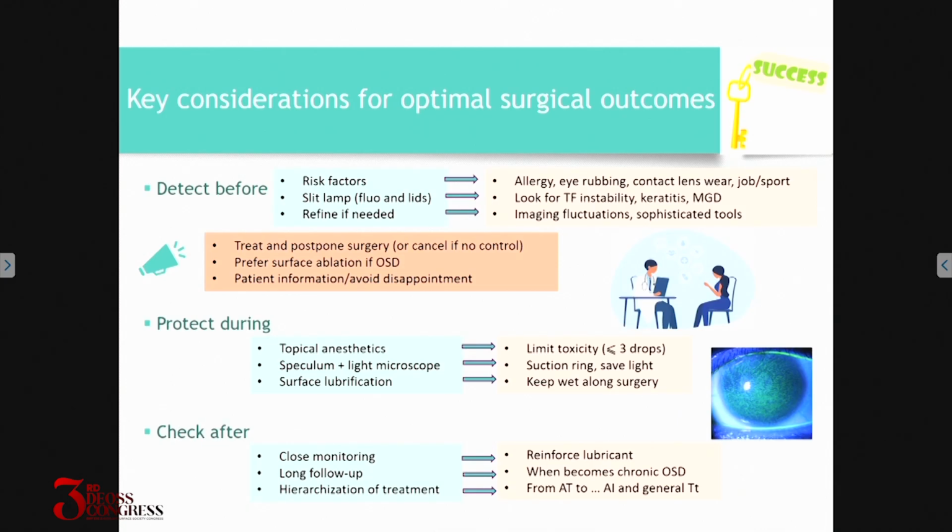Protect during, that means topical anesthetic. Don't use too much of it, because in this way you will limit the toxicity. Speculum and light microscope with the suction ring, safe light, all of these are also sources of toxicity. And surface lubrication, keeping the surface wet along the surgery, is also crucial. Check after: close monitoring, reinforce the lubricant, a long follow-up when it becomes chronic, and of course you need to graduate your treatment from artificial tears up to general treatment when you have to face the neurogenic